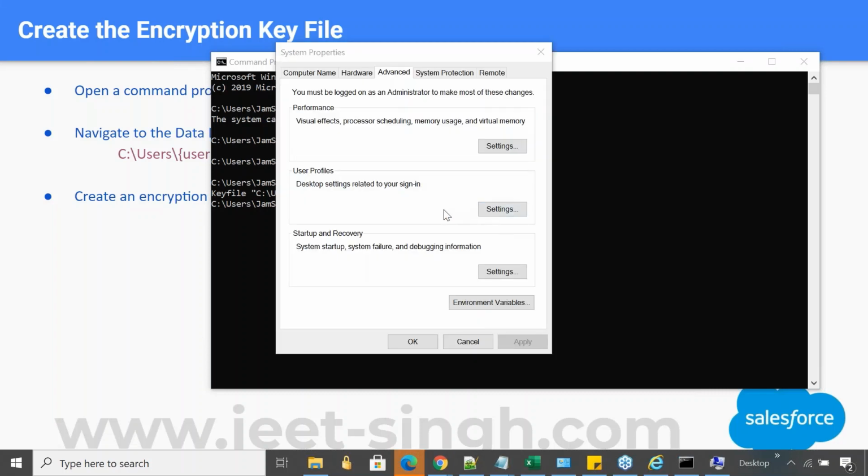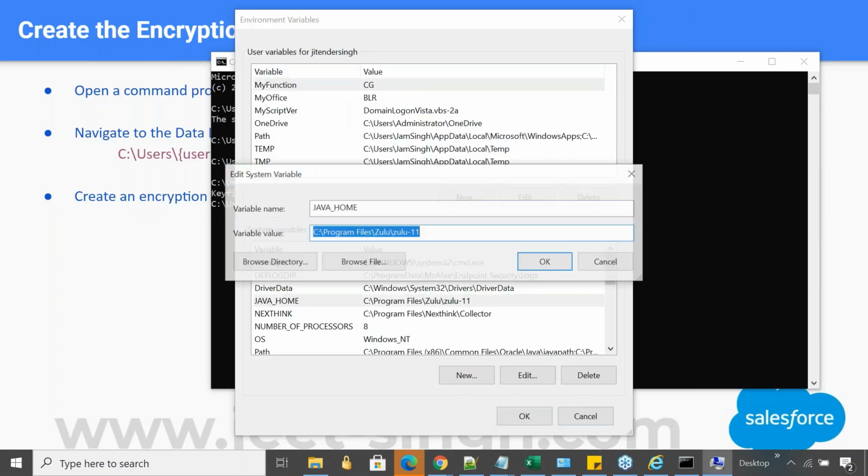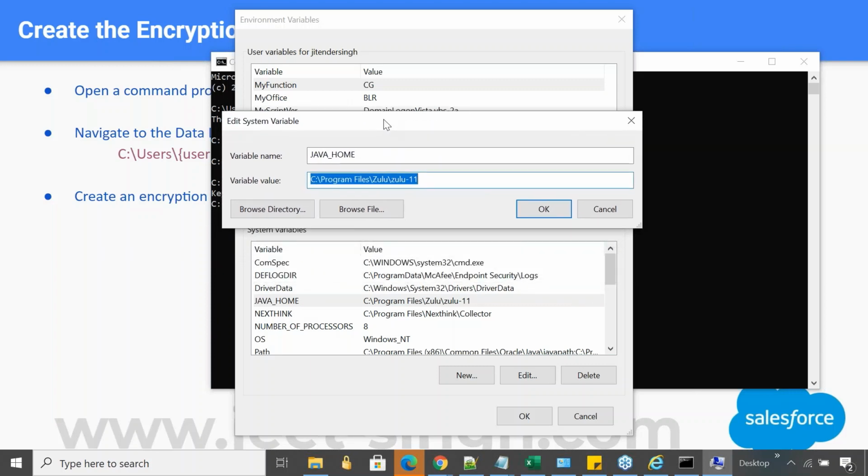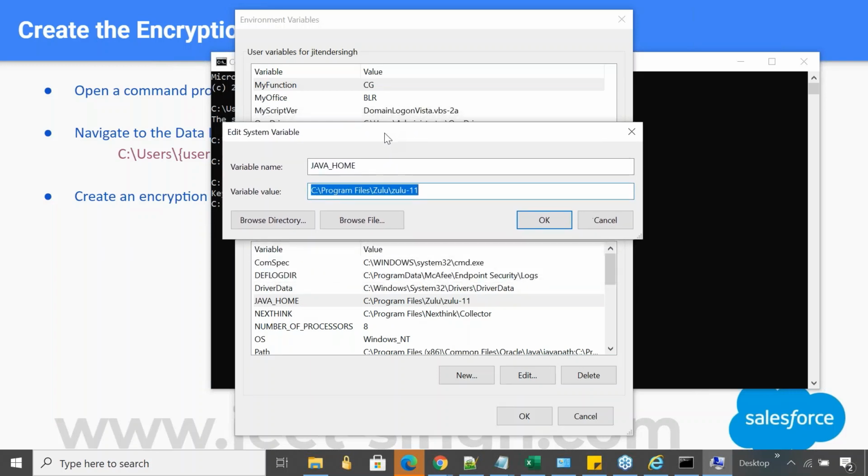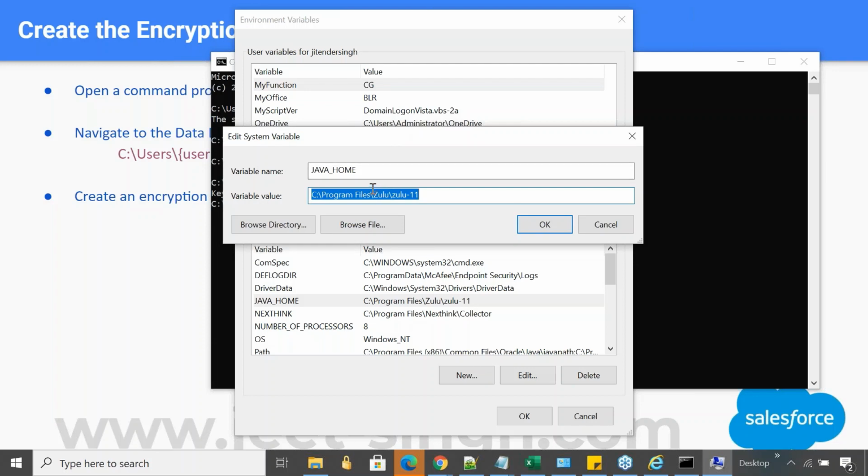So in your Windows, there is something called environment variables. You need to have an environment variable called JAVA_HOME set up. If you don't have this JAVA_HOME environment variable, then it will throw an error. So if you don't have this environment variable created, you will be getting an error. In case you get the same error while you're trying to create this encryption key file, saying that this JAVA_HOME variable is not available or something like that,